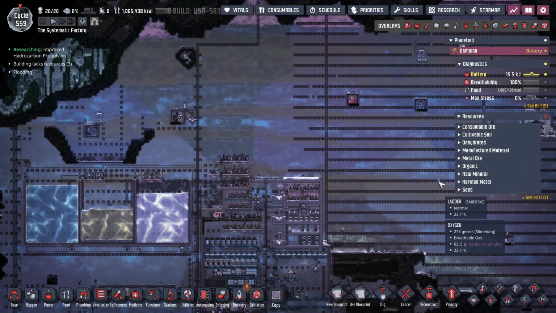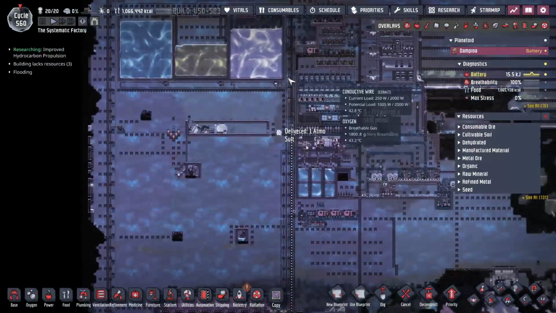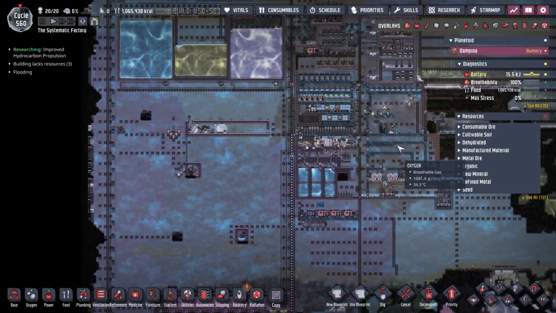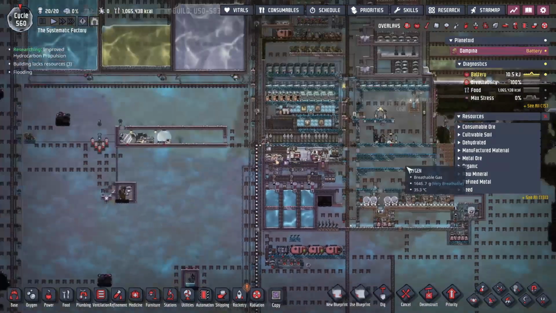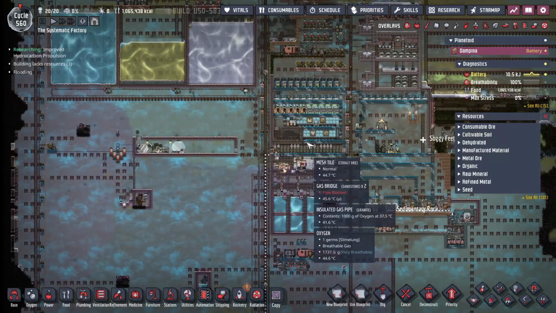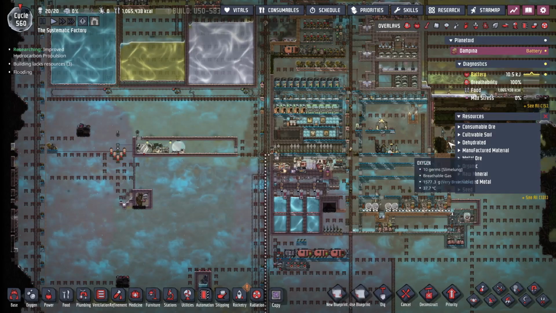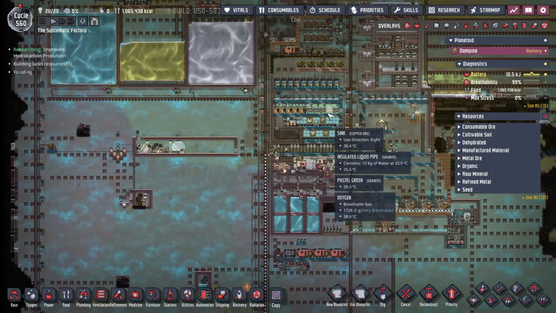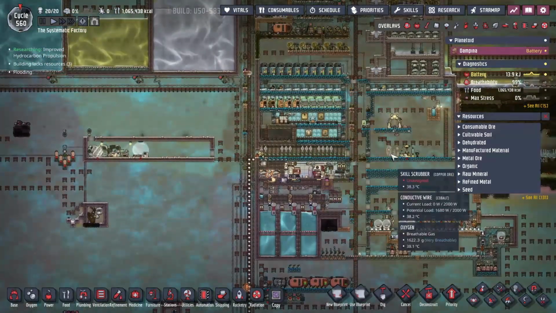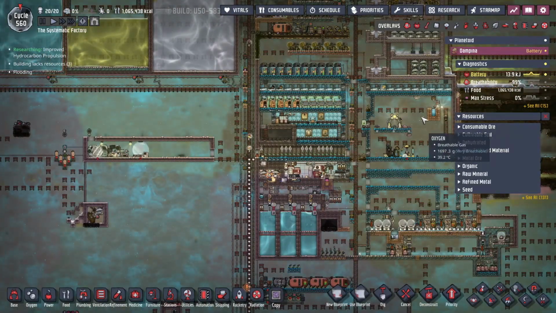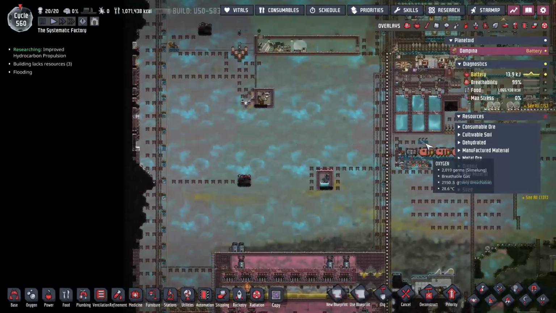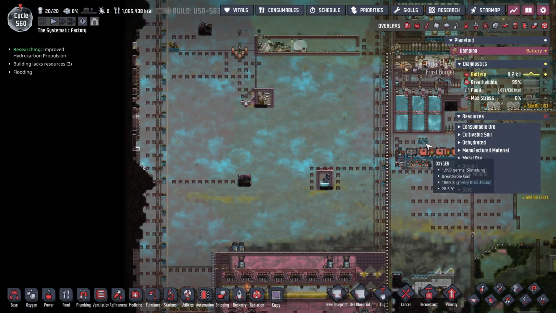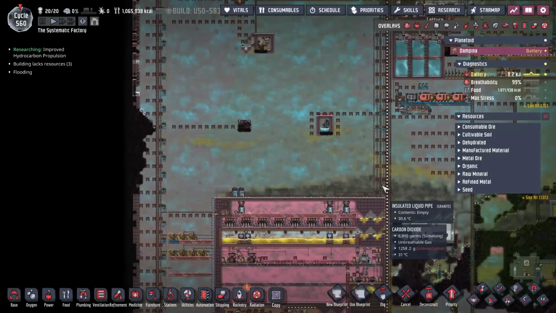Next episode, we're going to work on doing some more stuff with our base to get us into a kind of mid-game base until we get to space and get some more technology. But we have some technology that can improve the lives of our duplicants already, so we're probably going to focus on some of that. And yeah, we have a lot to do still in this map, but getting it dug out